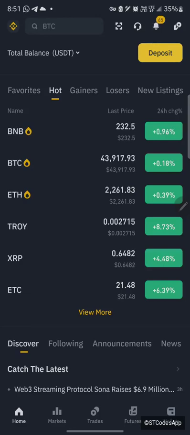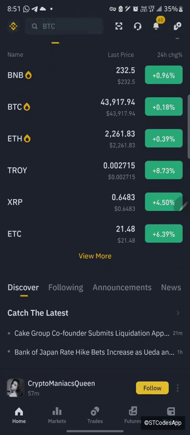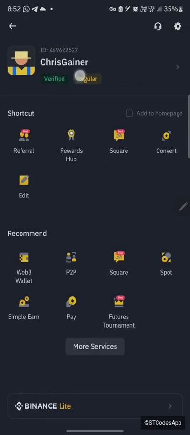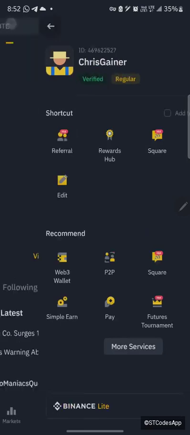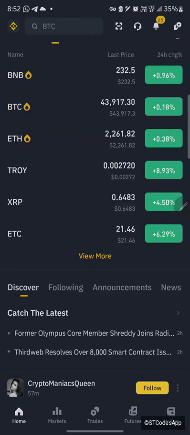After entering your Binance, if you are a new user, you'll be prompted to do your verification. So just do your verification. Make sure you verify your Binance. So once you are verified, you are good to go to use Binance. So this is how to go ahead with your deposit, right? So if you have funded your Binance, right? But if you have not funded your Binance, you can actually just